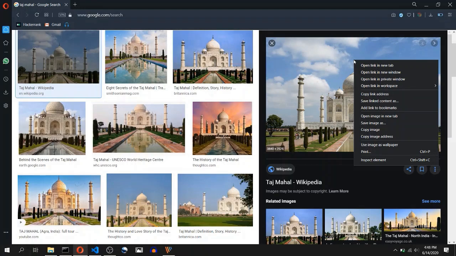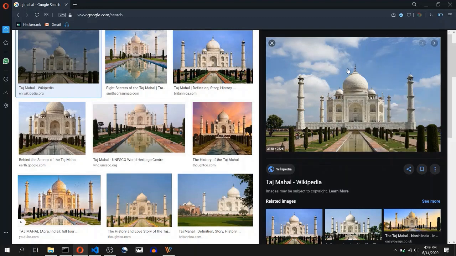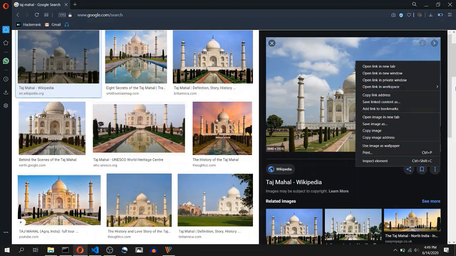Now there is a slight uncertainty in the position of the context menu. If you right click here, the context menu will open to the right side of the click position. But if you right click over here, there is no space available for the context menu on the right side, so it will open on the left side. For my case, there is abundant space for the context menu, and so I will assume that the context menu will always open on the right side.